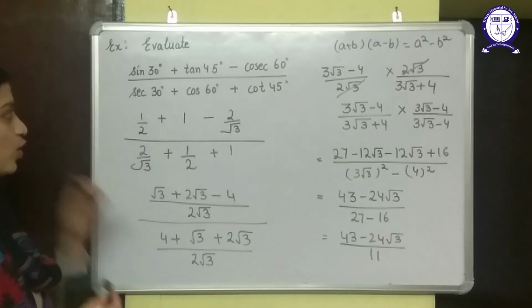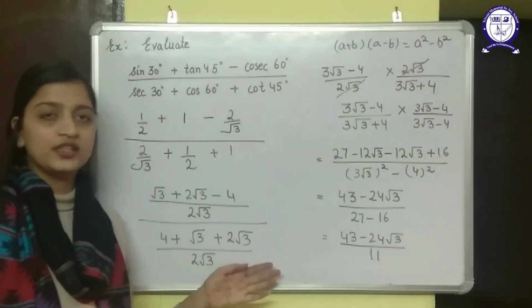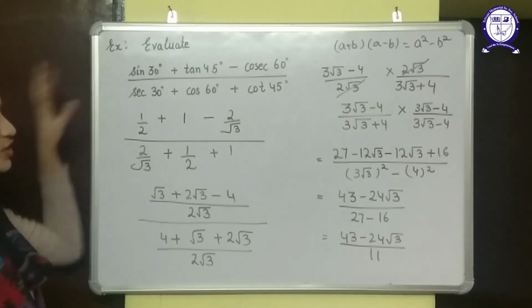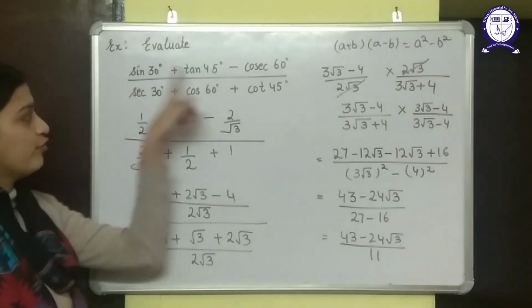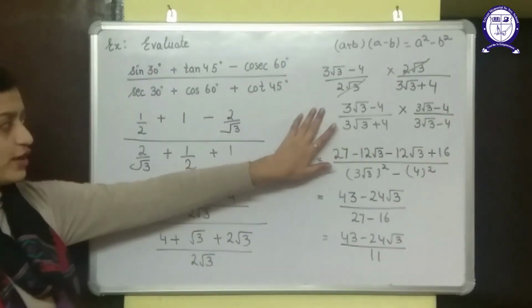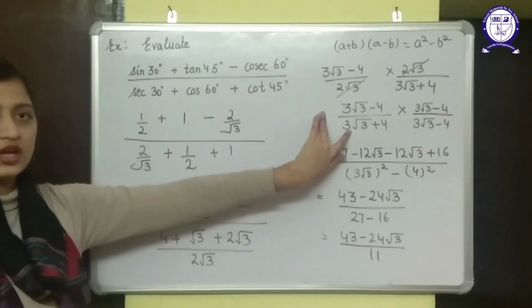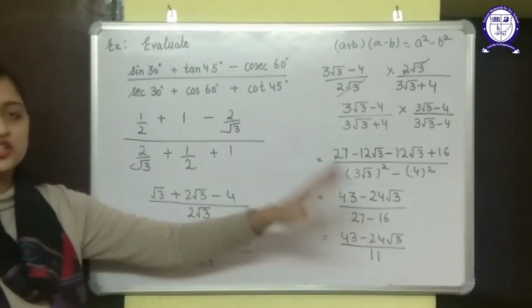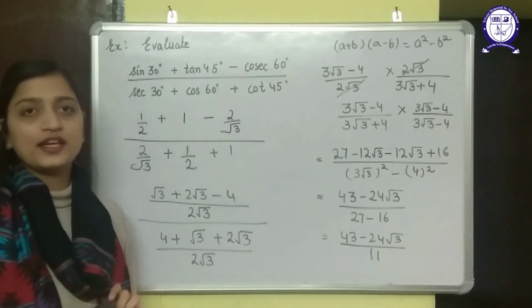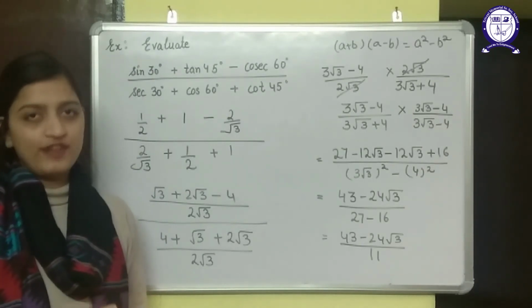You can see that all the trigonometric ratios are there in the question, and you have to put the values of these trigonometric ratios at 3 angles, that is 30, 45 and 60, and then solve it. You cannot have the under root part, or you can say square root, in the denominator. So we will rationalize it by multiplying it by the rationalizing factor.